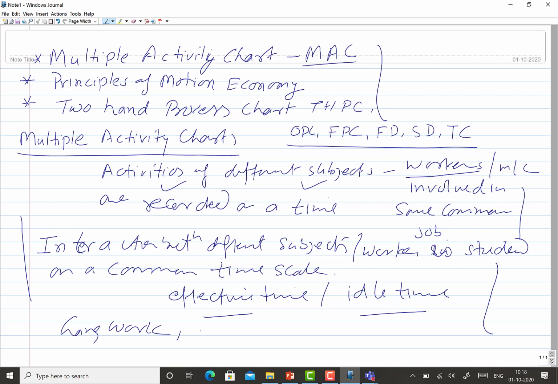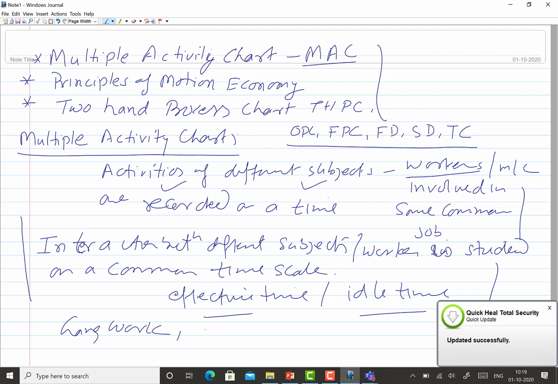Maybe that is explored: if one worker is doing the work on two automatic machines or three automatic machines, after this study it is identified if he can be deployed on more automatic machines. Or if currently one worker is working on three machines, maybe if two workers are assigned, they can take up seven machines or eight machines, by coordinating and combining the activities needed in these eight machines.